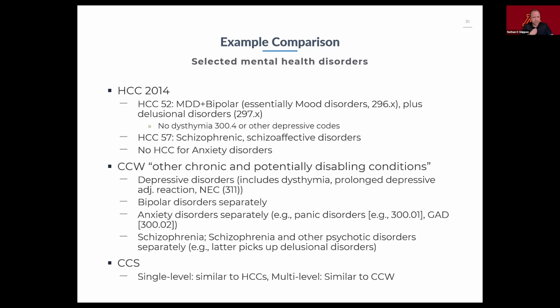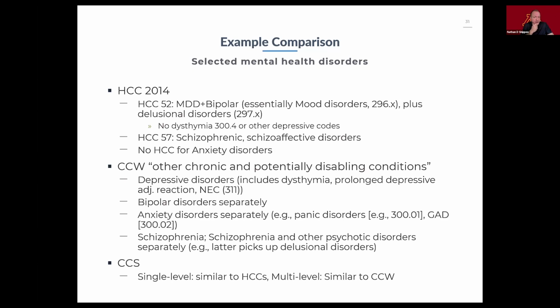So it's kind of like a mood disorders category, not necessarily super useful if you're trying to do studies related to mental health. But it also included delusional disorders. So again, just not as granular as what I would probably want. They did have a separate one for schizophrenic and schizoaffective disorders, but nothing for anxiety. Right? So that's one way of asking, well, are those HCC categories what I want? But maybe that's a high enough level that it's actually useful for you.